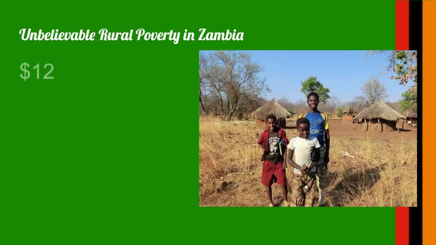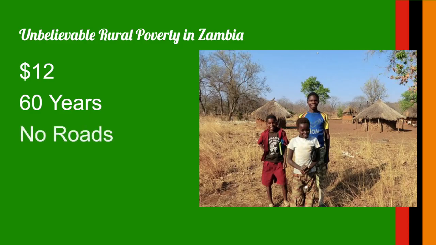So in rural Zambia, the adults in this area make roughly the equivalent of $12 every month. That's much less than you would need to drill a well or buy and purchase the equipment to do that or the hardware to install it. The life expectancy of people in Zambia is roughly 60 years, and it drops significantly in the rural areas. There's just no roads, no gravel, no paved areas. You have mud trails, essentially, that can be traveled depending on the weather.